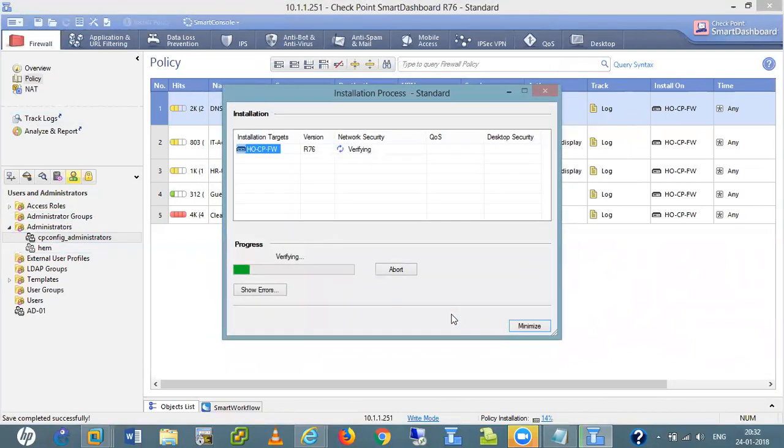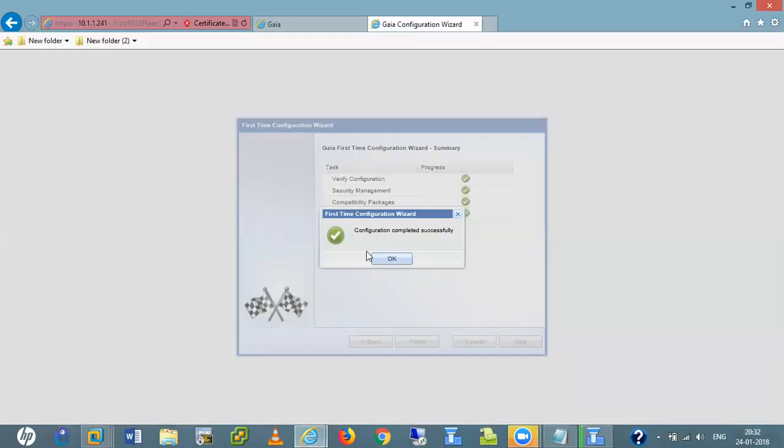So this is the way we can configure our backup management server. Let the installation complete first. Let me also check this one. Configuration complete.